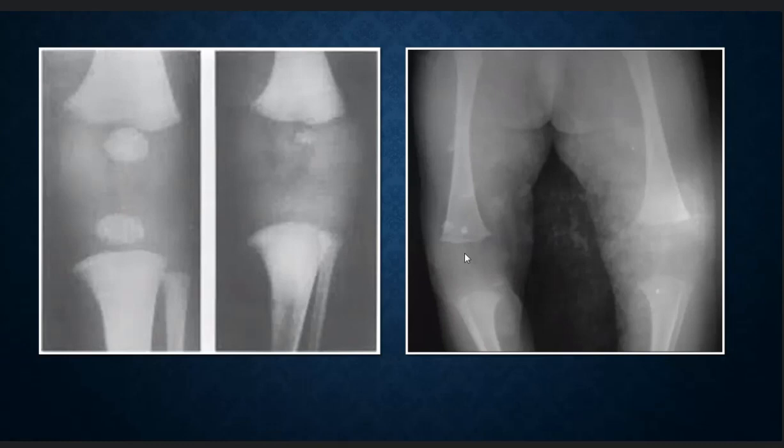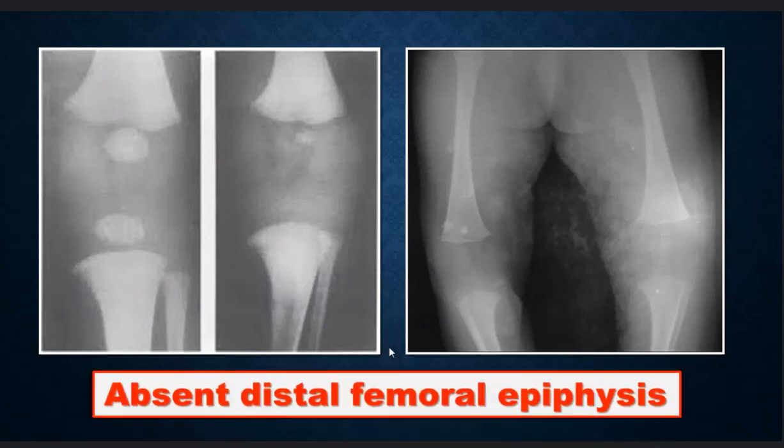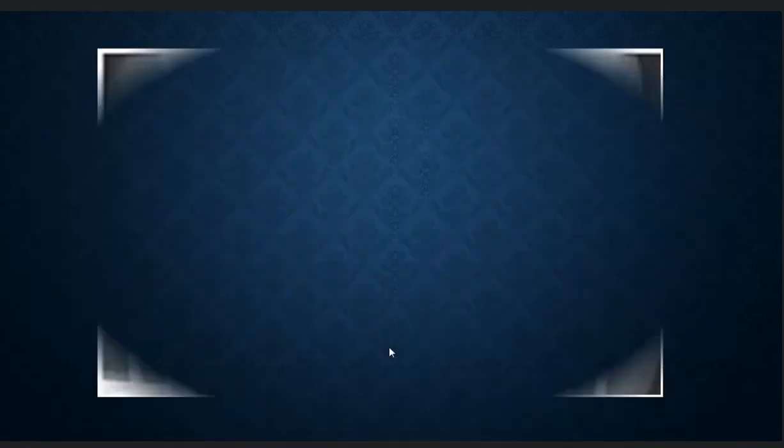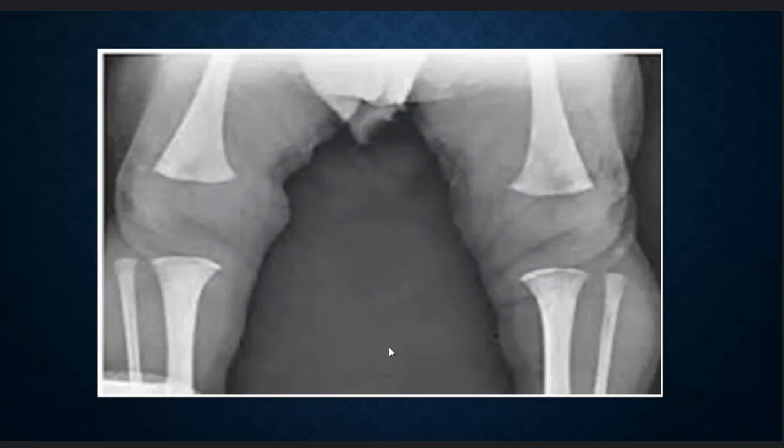لكن مو معناته إذا دزينا إكس-راي ولقينا أنه عند الديستال femoral, this is excluded. No, لازم نسوي thyroid function test. Absent distal femoral epiphysis. How the same or other X-ray show the absence of distal femoral epiphysis. زين. هذا شنو تشوفون؟